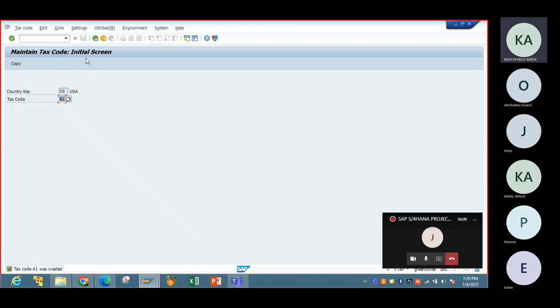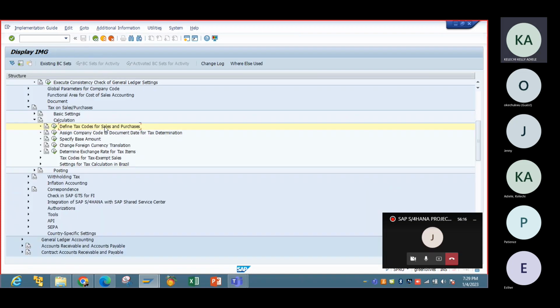Like I said, in our next class, I'm going to ask, so come prepared. So we have created the tax codes for input tax, and we have been able to assign the tax code to the condition type. That is the configuration in the tax space. You have the tax codes, you assign the tax codes to the condition type and to the account keys. The next step is to assign company code to